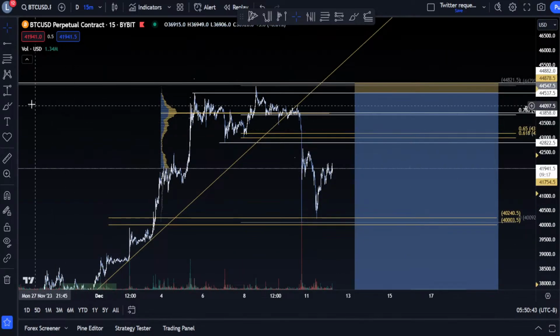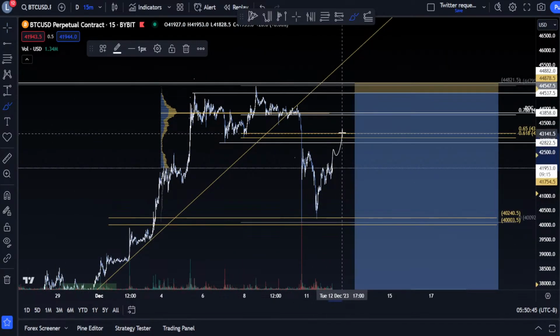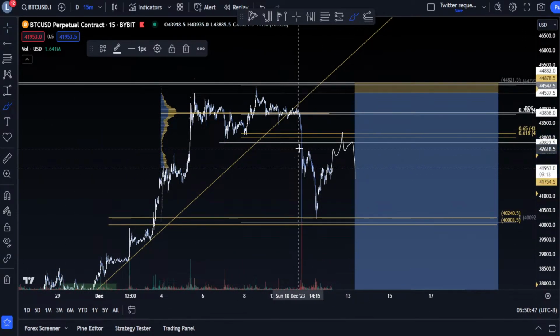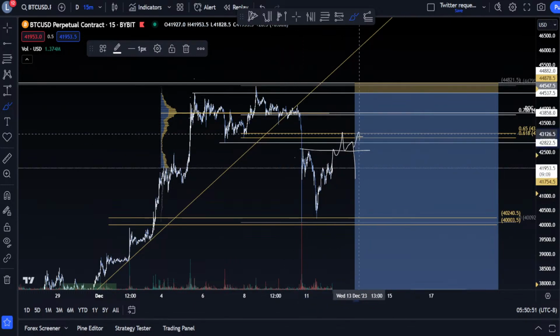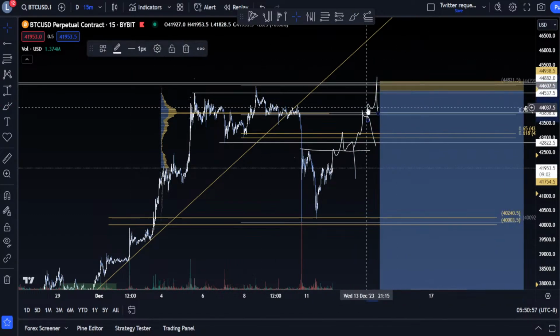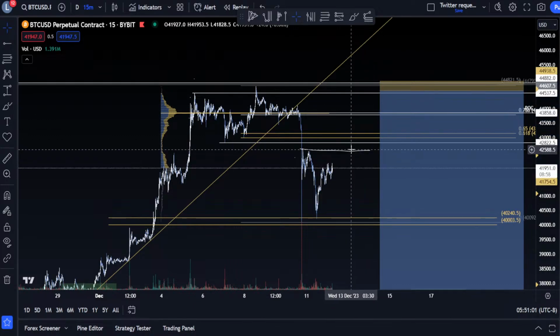So just watching to see if we reject here into the open. If we flip this, there's some local highs here to take. Could be interesting. Or we come up here, if we break out of that, the range highs, there's a few corrective structures that could make sense here. The reason a little higher looks more likely,